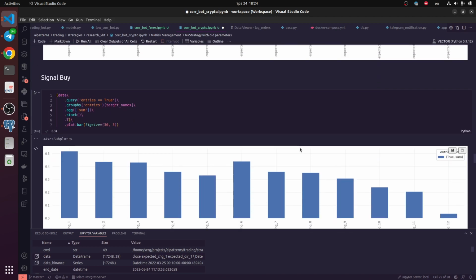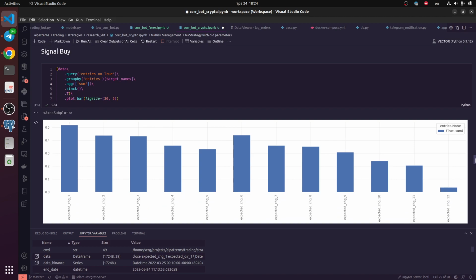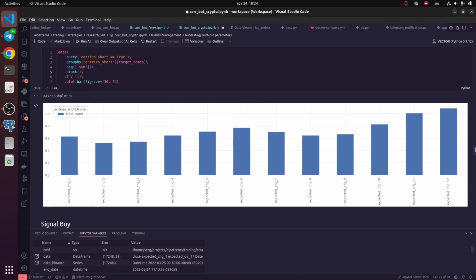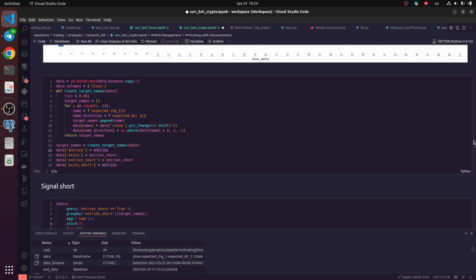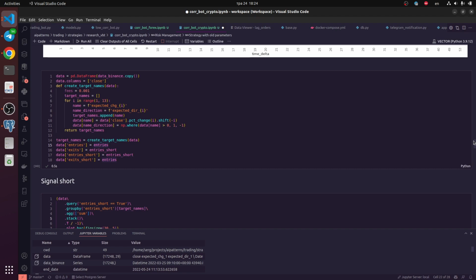But for signal buy, we should hold a position only 1 bar. Okay, guys, and you see, when we have some risk management parameters, we could improve our strategy and achieve the best